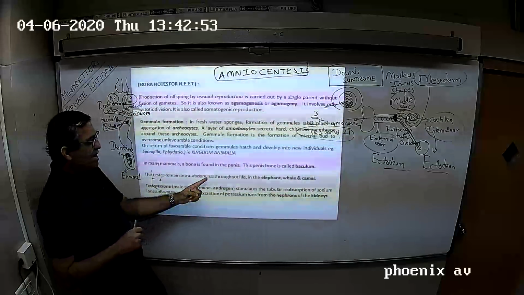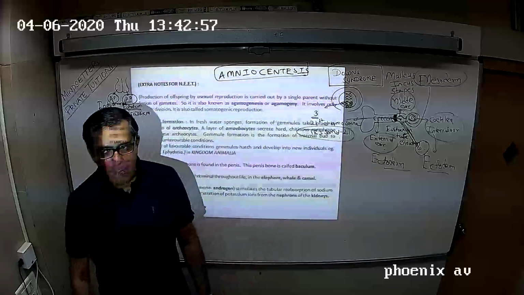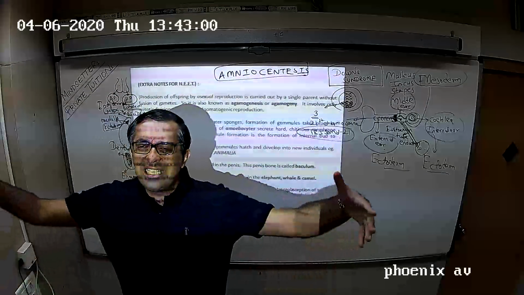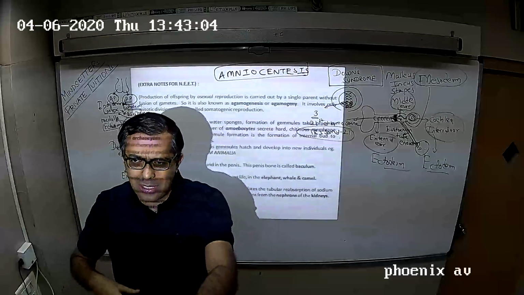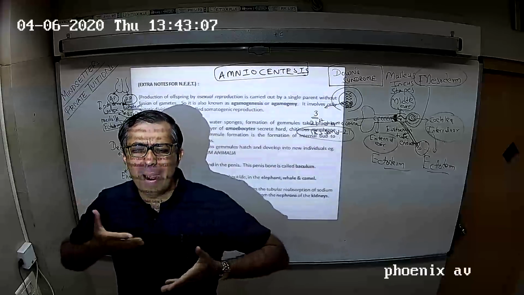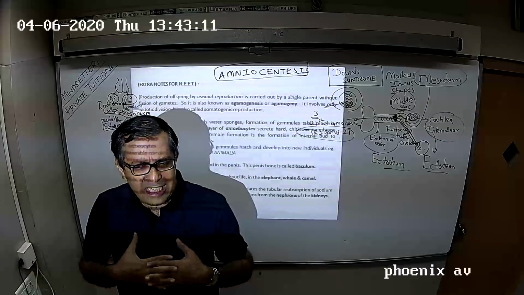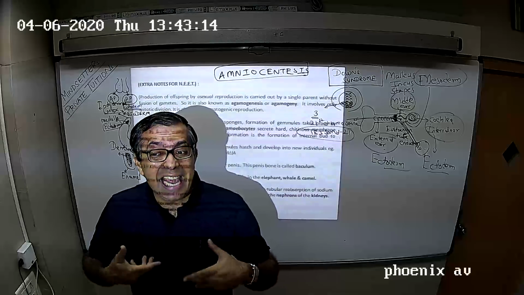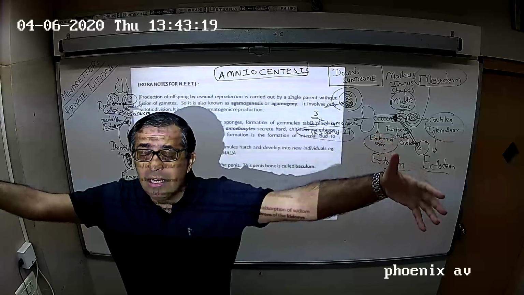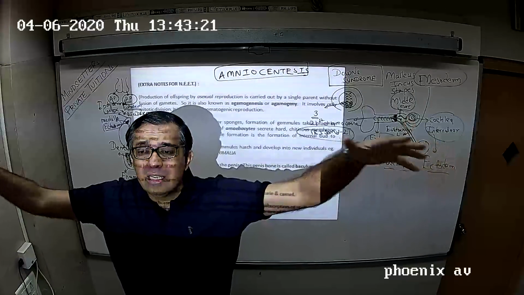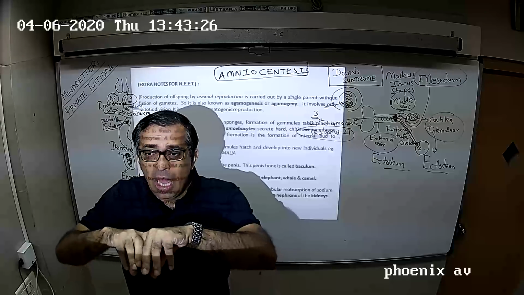And testes remain intra-abdominal throughout life in elephant, whale and camel. Sir, elephants, whales, camels are very slowly moving animals. Means उनका body में metabolism हमसे slow होता है. So they have got less metabolic rate and less heat is produced. And whales, elephants, camels are large animals जिसके अंदर बहुत बॉडी वॉल्यूम है, तो हीट कम बनती है एंड बॉडी